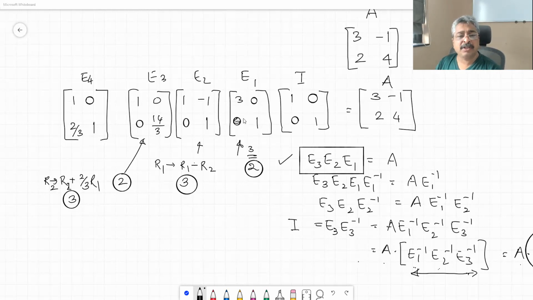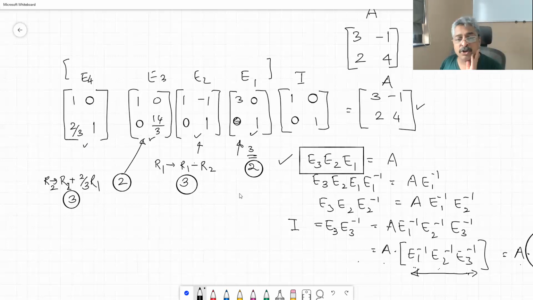Okay, so after some calculations, you end up getting E1, E2, E3, E4 as shown, and they are elementary transformations. If we say the first transformation is flipping, the second is multiplying a row by a constant, the third is multiplying a row by a constant and adding it to the other row. So this is the second type of transformation for E1. This is the third type of transformation for E2, the second type for E3, and the third type for E4. We may cross check by multiplying these four matrices together, and we end up getting A.